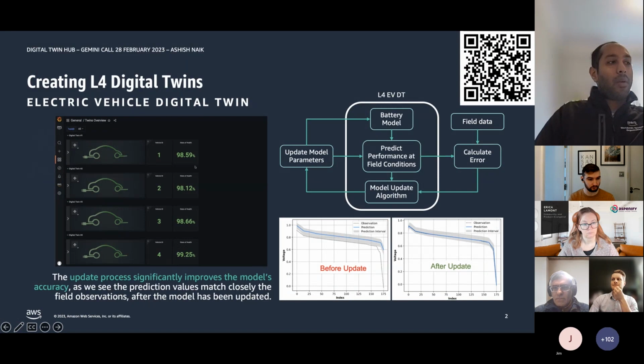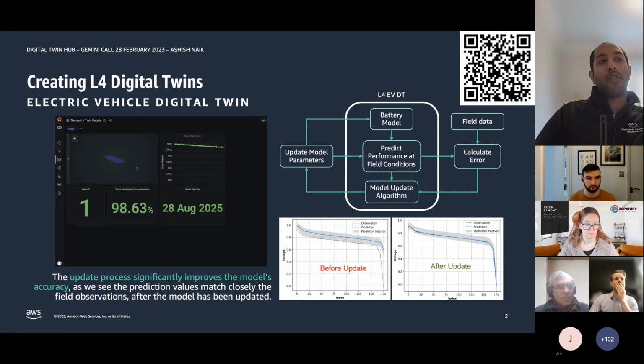We worked with an organization called MHP. They're part of the Porsche organization, and they wanted to create an electric vehicle digital twin of the battery health and performance of an electric vehicle. We all know that the range of the EV is something consumers really care about. And this is very dependent on the driving style of an individual, the specific vehicle characteristics, and